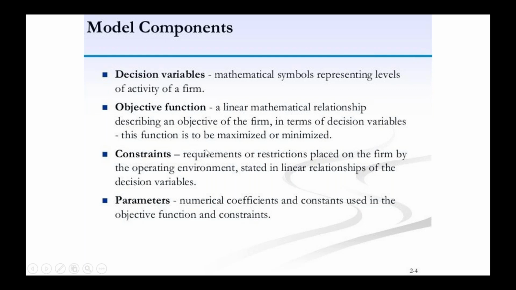Then number three, we have the constraints. The constraints are the requirements placed on the firm by the operating environment, stated in linear relationships. And then we have number four, the parameters, that is the numerical coefficients and constants used in the objective